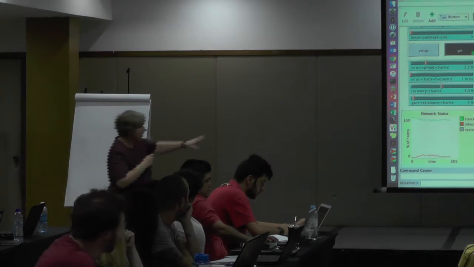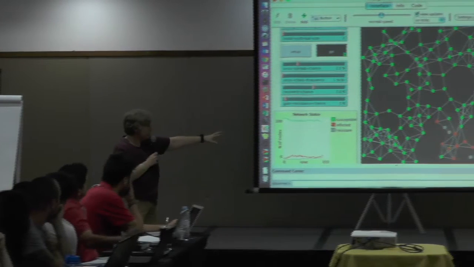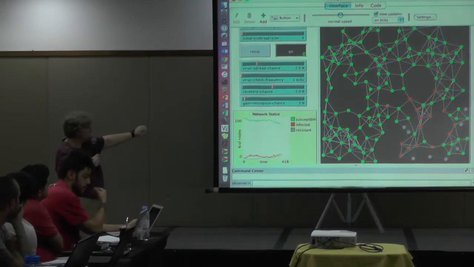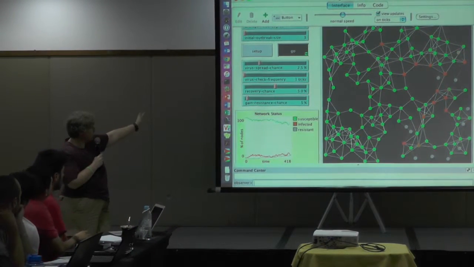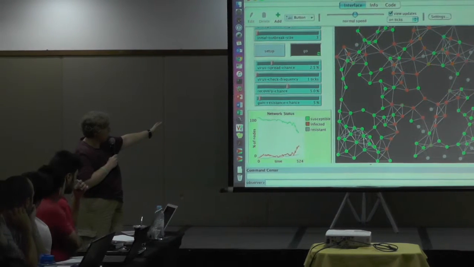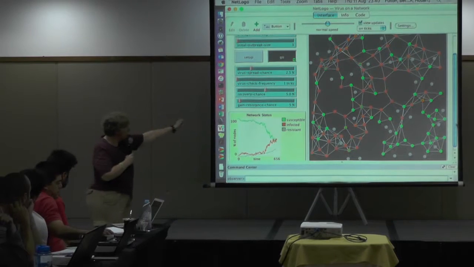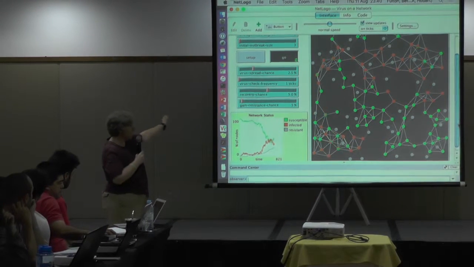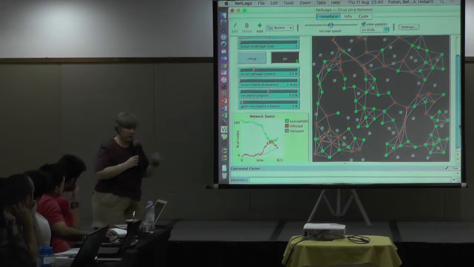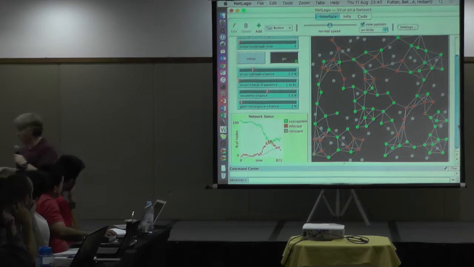So what this is doing is tracking just a very simple spread of virus on a network. So how immune are things, how long does it take to become active, how easy is it to spread, and you can pull those sliders backwards and forwards to understand how this virus spreads. It's a very simple set of code behind this.